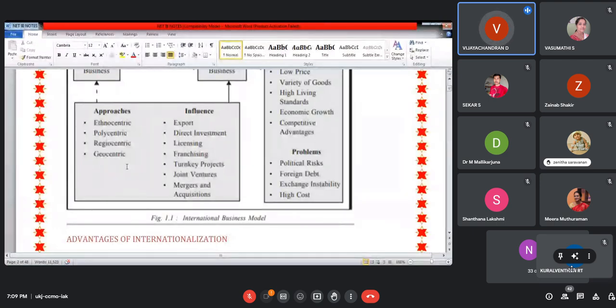But in the case of geocentric, you can modify the product in almost all countries across the world. You will have the business and the manufacturing unit, so that you can change the features according to the people's need. Okay. So maybe it will be asked, you should keep these keywords in your preparation. The keyword I'm telling, if there are any discomforts, you can ask.